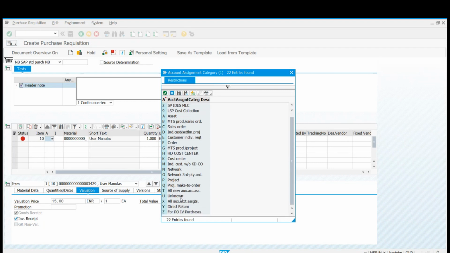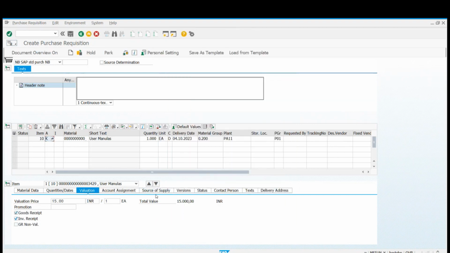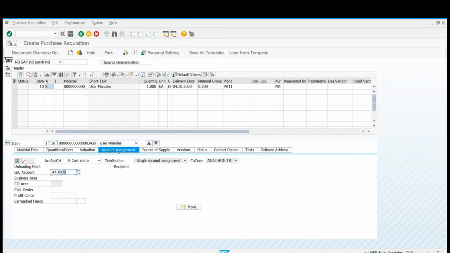So when you enter the account assignment category, along with the account assignment category, you need to specify the general ledger account. And you see here GL account is specified. And since we are using a cost center, we need to specify a cost center. Okay, first, we need to do some configuration settings to enter the cost center here. Okay, then only we can specify here. Let me change the plant. And let me change.